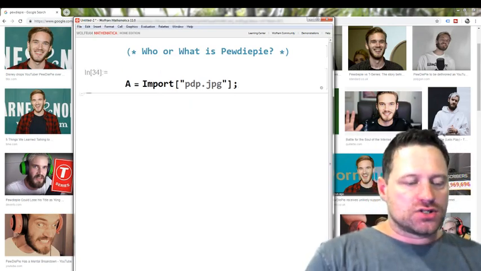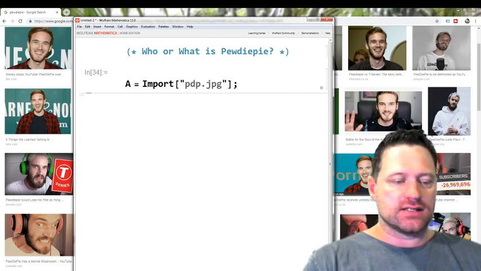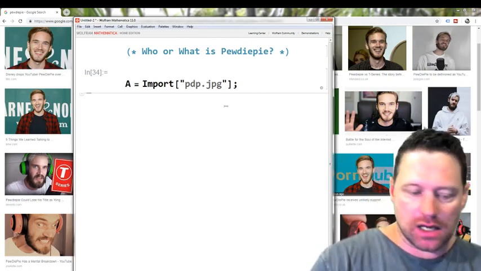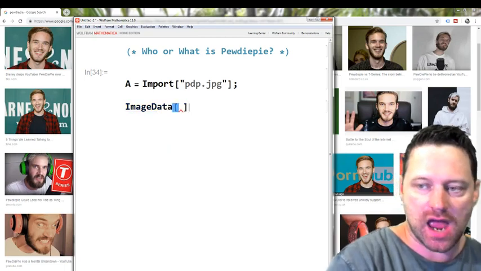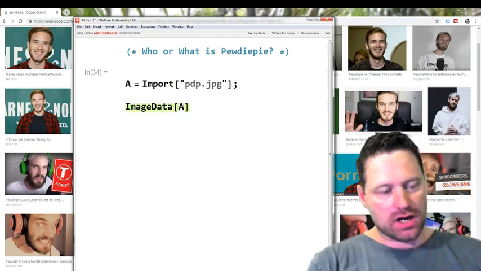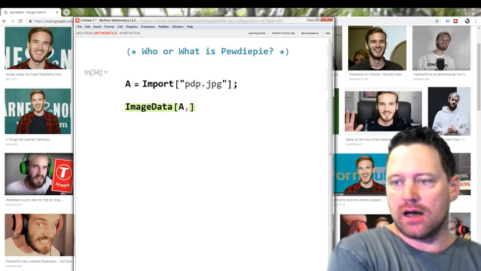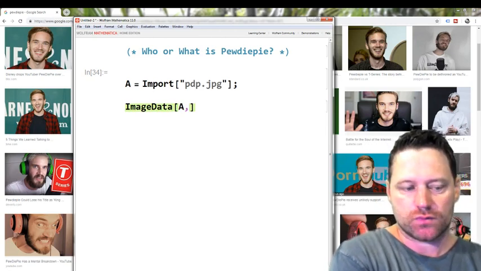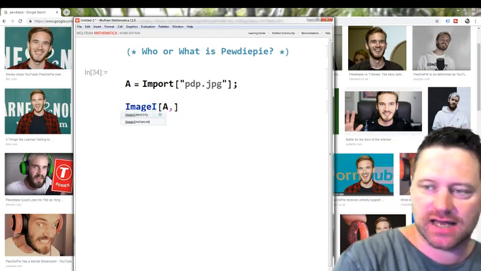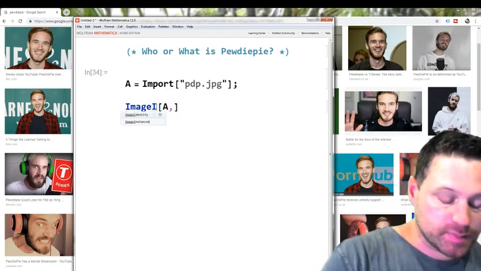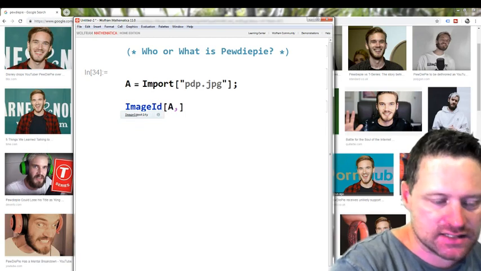Alright, now I want to classify. So I'm going to write below image data A. Remember, A is that photo. And then, oh, sorry, I want to write image identify, not image data. Image data is for pulling out the pixels. Okay, so image identify